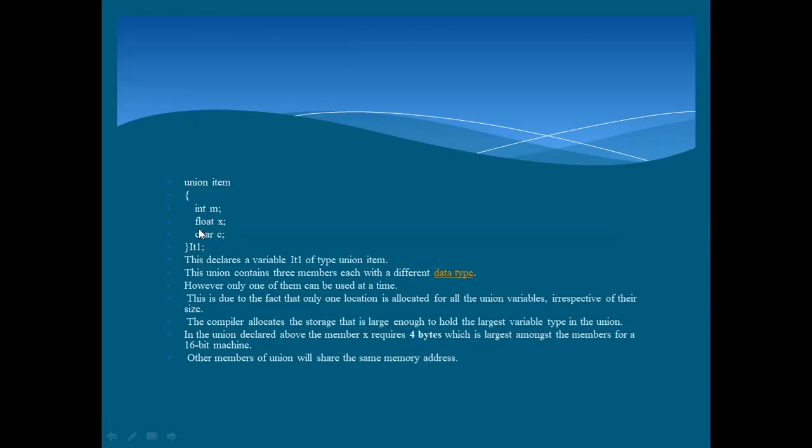So which requires the highest memory? Float requires the highest memory, so 4 bytes of memory is allocated.